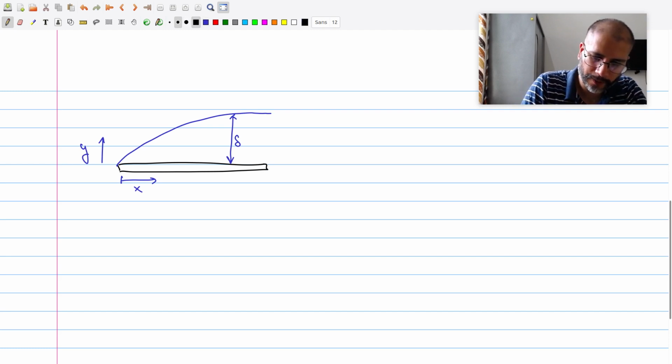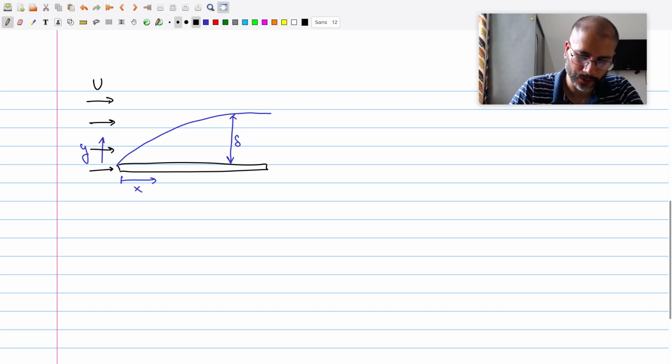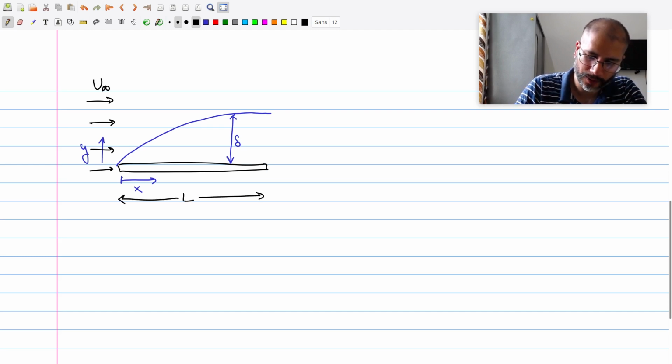The incoming flow is uniform and we'll use a capital U for denoting the incoming flow. In fact, let us make it u infinity. That makes our life easier because sometimes there's a confusion between writing a capital U and a small u, just for clarity. And then the length of the plate that we'll be considering is going to be